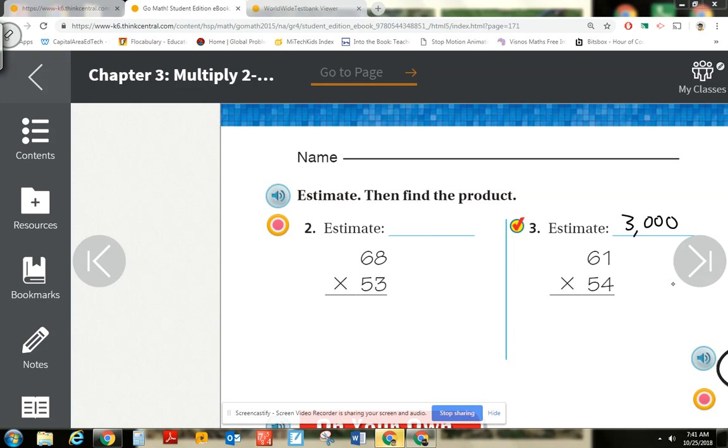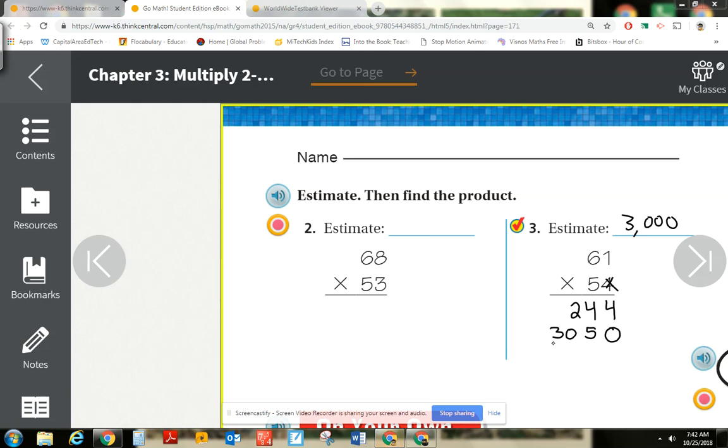All right, now using this regrouping method, the standard method, we're going to start with this 4 here. So 4 times 1 is 4. I have nothing to regroup this time, do I? Now I do 4 times 6 tens, and that's 24 tens. I'm done with the 4, and I hold its spot. Now I'm going to do 5 tens times 1, which is 50. You see that 50? Now I'm going to do 5 tens times 6 tens, and that's going to be